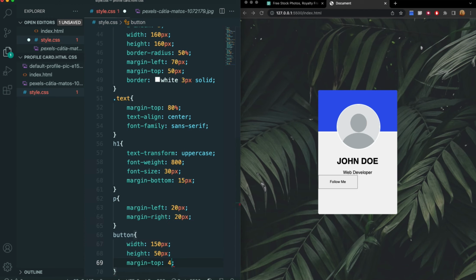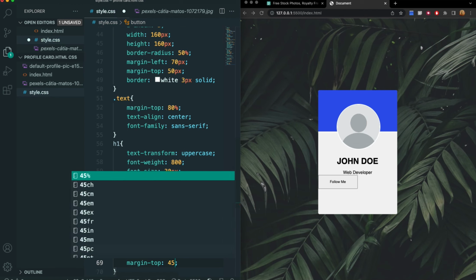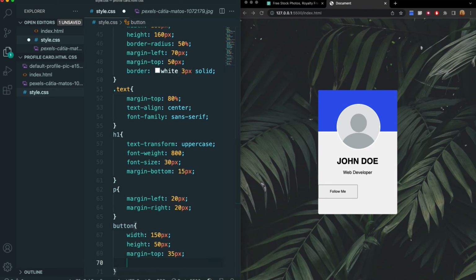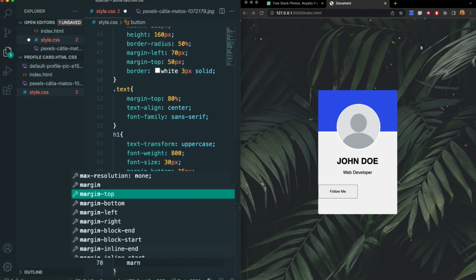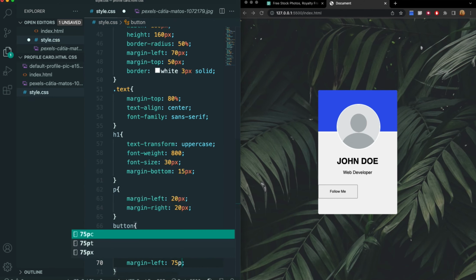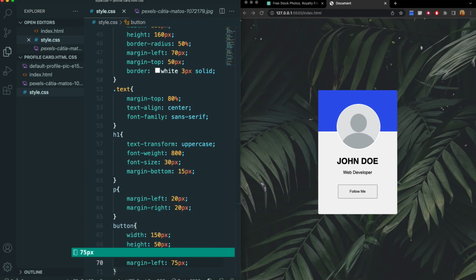I'm going to do 35 pixels. That brings it down a bit, and to bring it to the left or right a bit, we can set a margin left. Margin left, I'm going to set it to 75 pixels so we can center it.